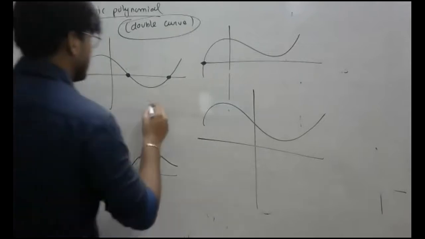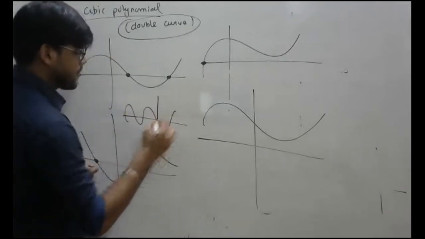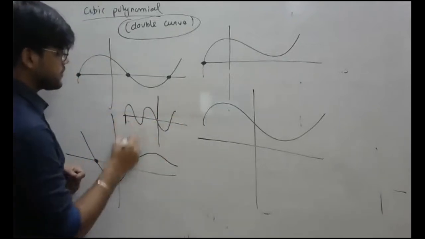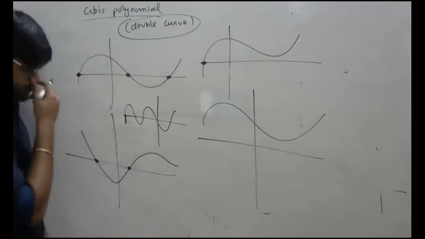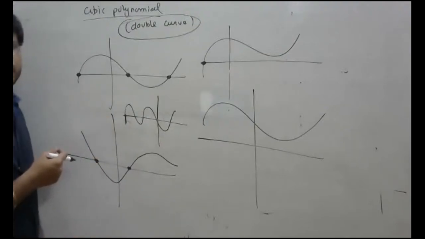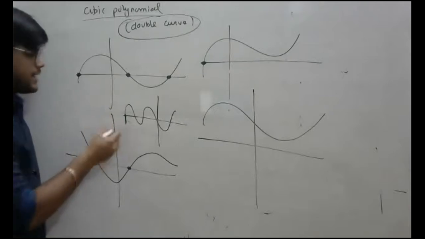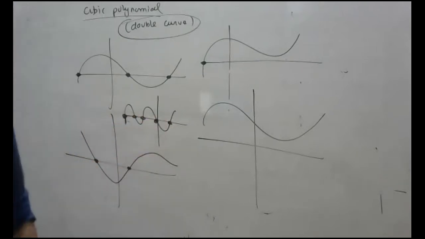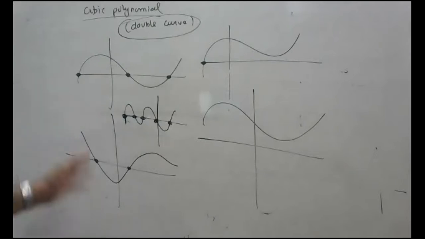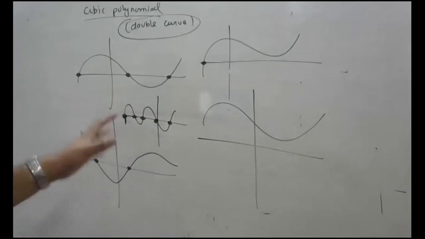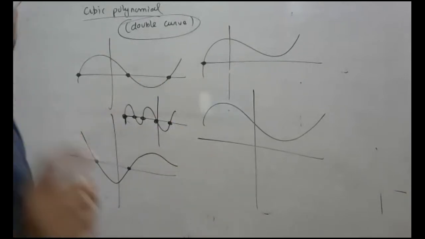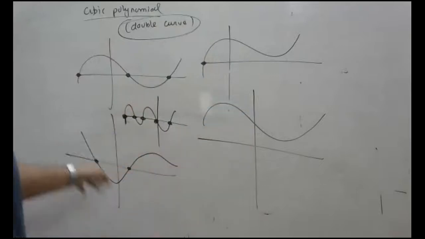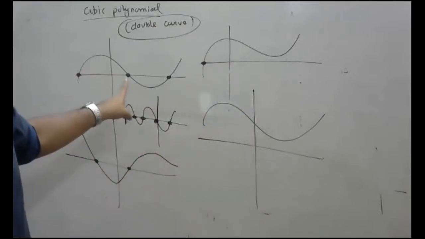So if I have this kind of graph, let's say, can you tell me how many solutions it will have? 5. So from the graph itself, looking at the design, the number of times this graph is intersecting the x-axis will tell you the number of solutions. In the exam, we will not get questions on plotting the graph, but you will have questions where the graph is given and you have to tell the type of equation, the degree.